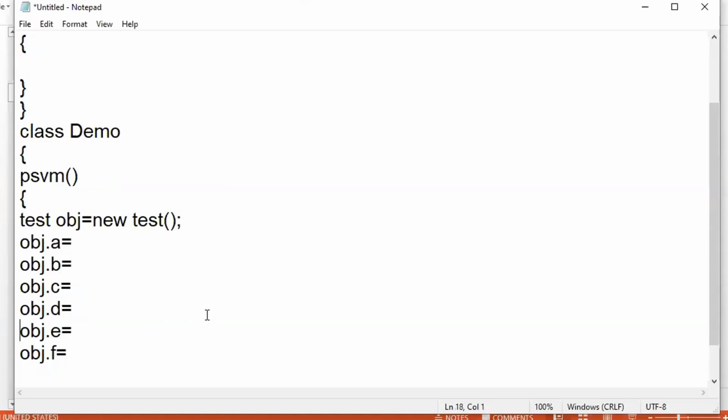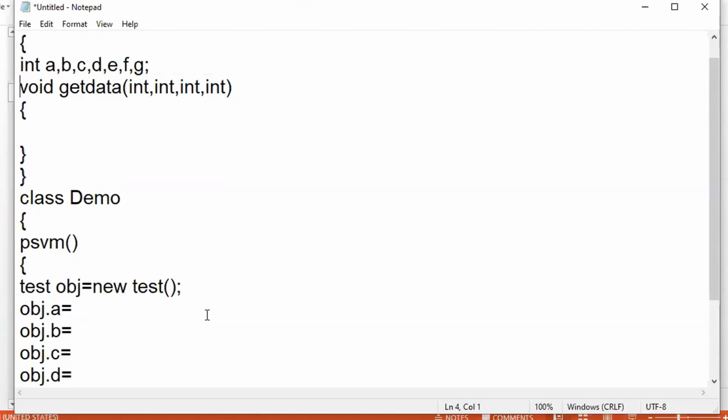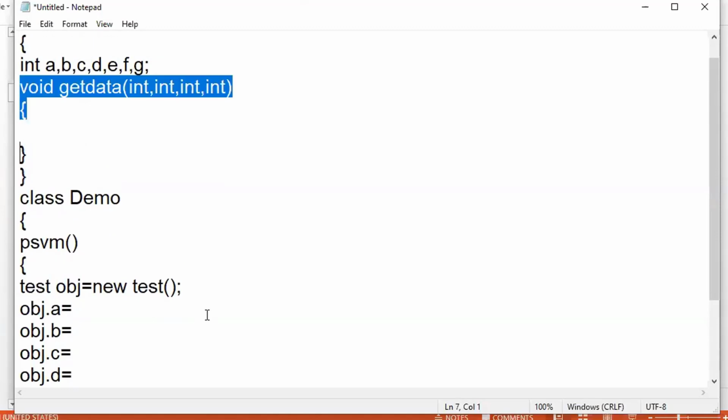When compared to the previous approach, you are reducing the number of instructions. Yes, I agree, but you have to define a particular method. Then you have to call that method to accept values and store them in the instance variables. Hope you are able to understand my statements, because I'm using technical terms like instance variables, methods, everything.